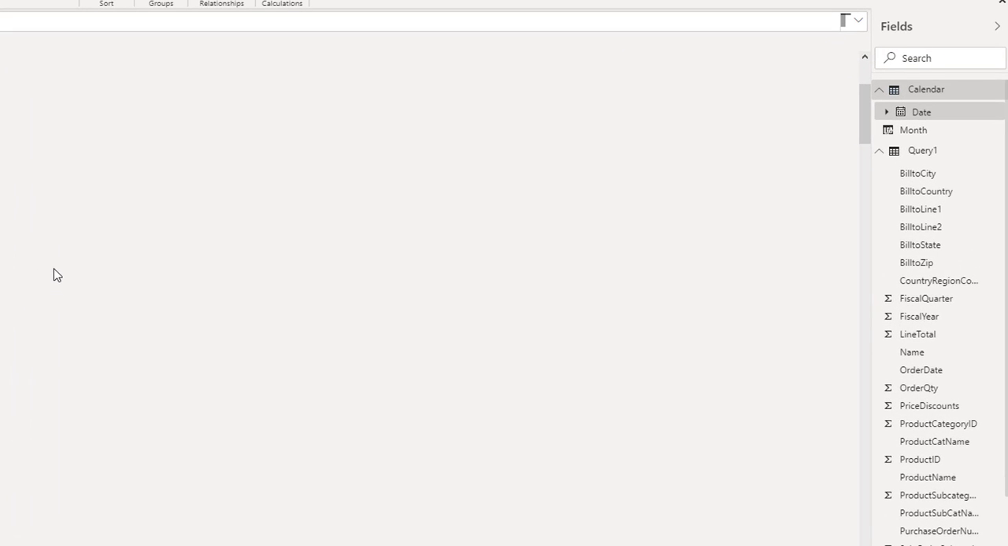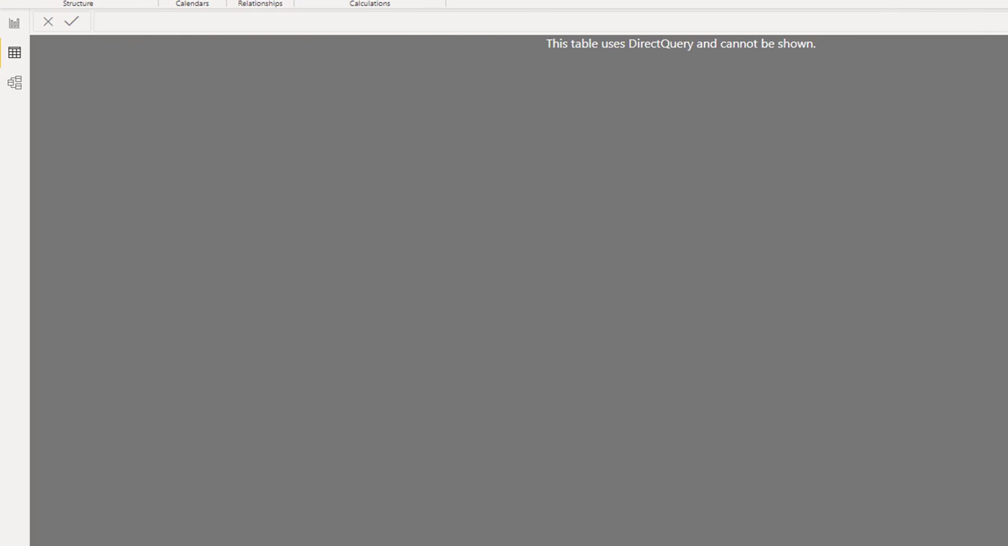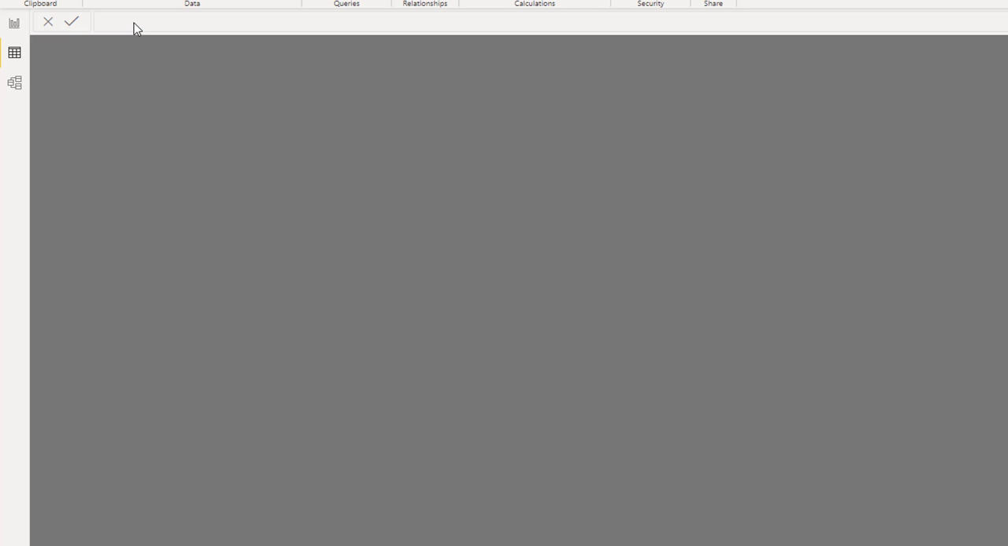So we can also add a calendar based on a query. So over here I have a query that I built. And so now we're going to go back and add a new table. And we'll just call it a new table. And we're just going to call that calendar 2 equal to